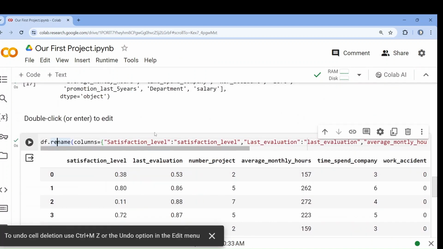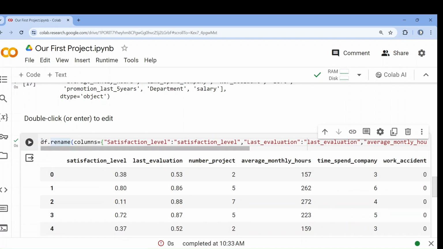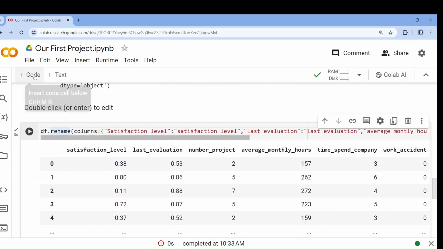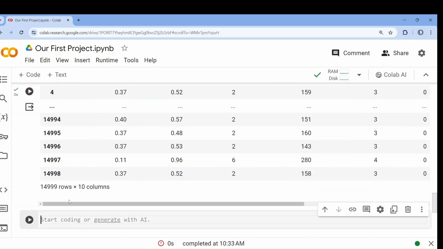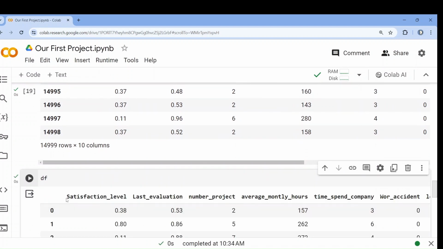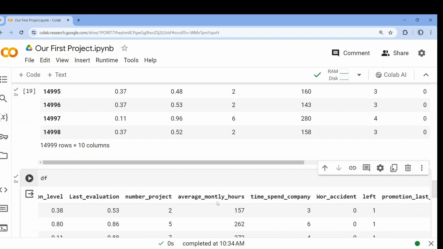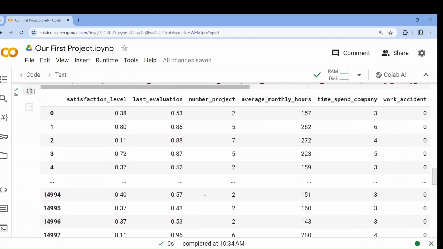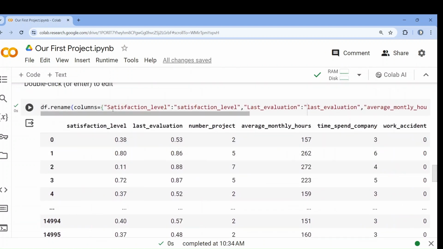Okay, now see one thing. When it is showing you the output, that means it is run at a temporary level, but the actual dataset is not set. Actual dataset is not changed. Let me show you. If I write df, then see what happens. See, it is not changed here. Nothing is changed. Okay, so this means it is changed temporarily. It has not affected the real dataset. So we have to write